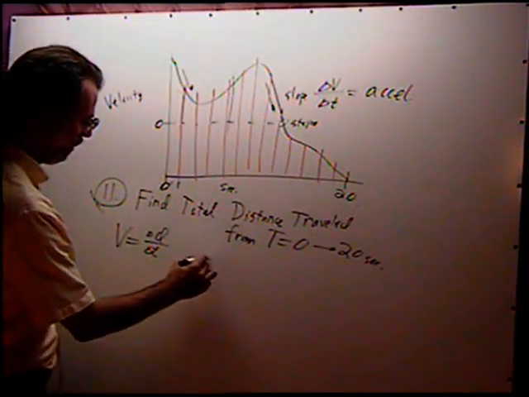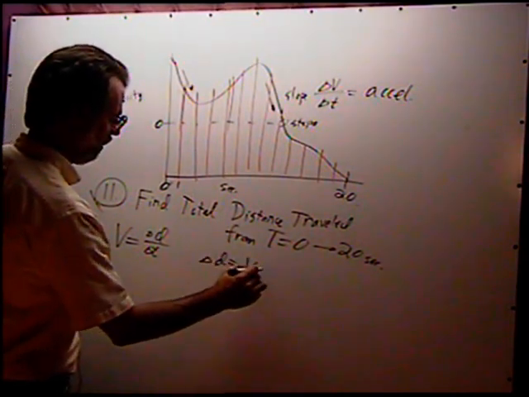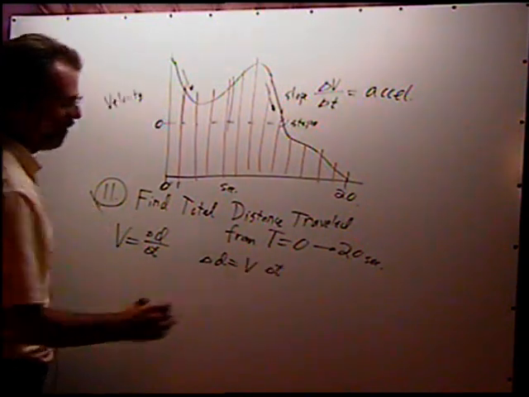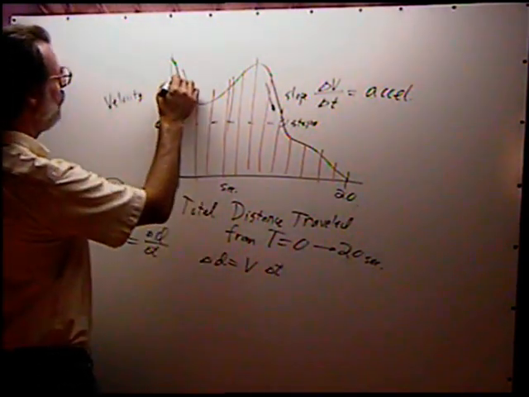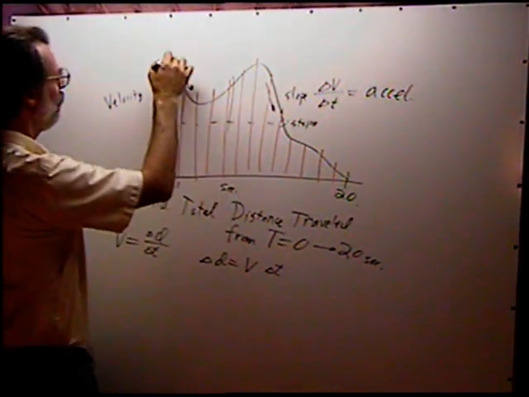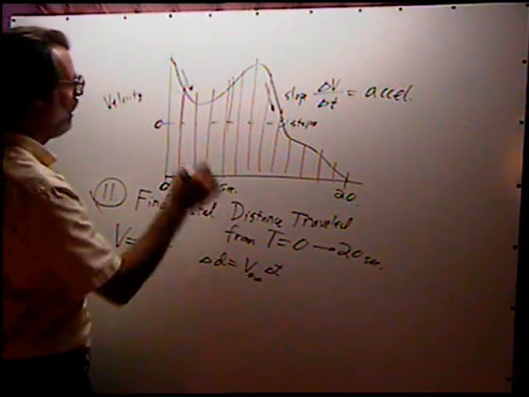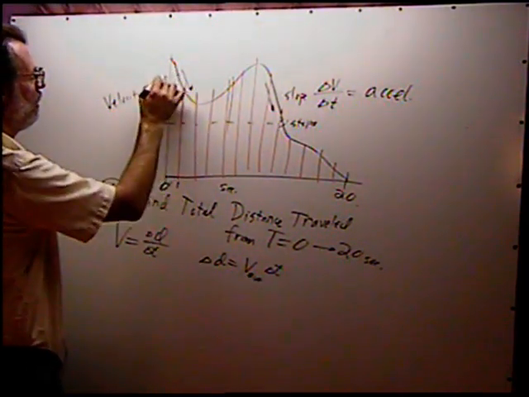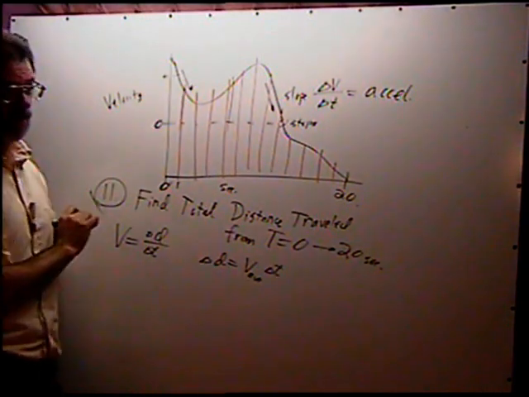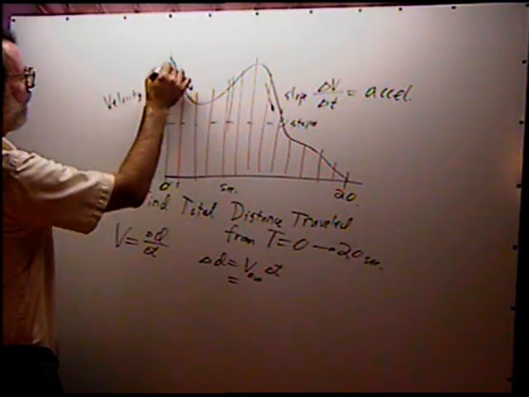So distance is velocity times the time interval. If we go between every second, every half second, and we just estimate what the average velocity is in that half a second, okay? So we measure what the average velocity is in